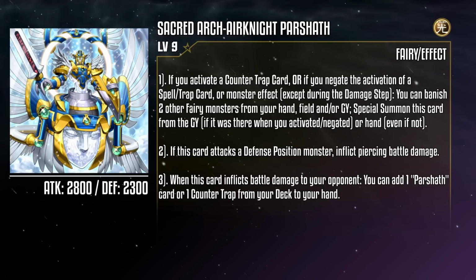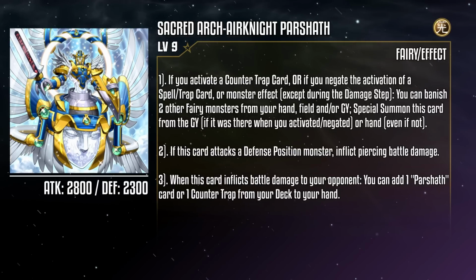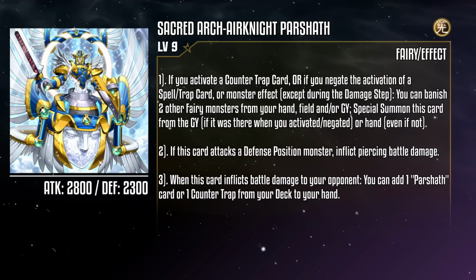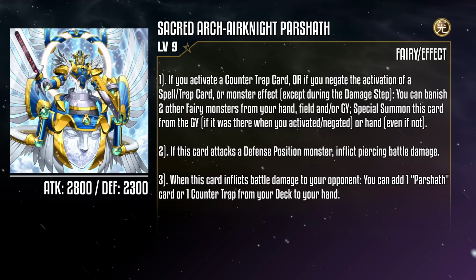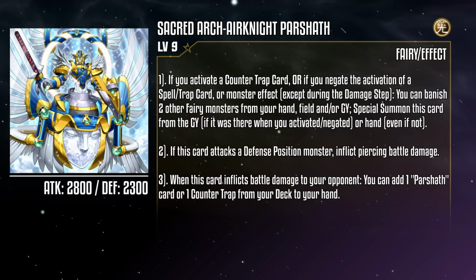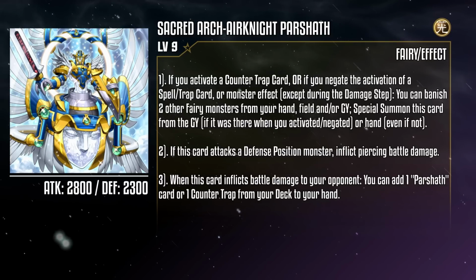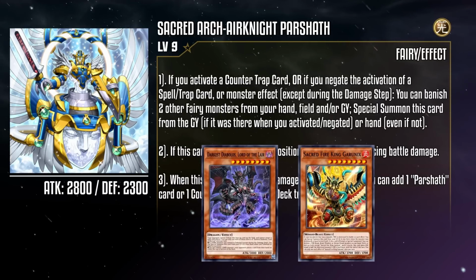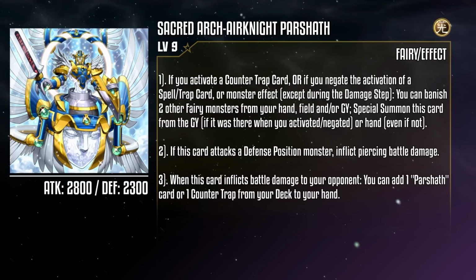Now, the main problem is that you have to pay the fairy banishing cost, and sadly, fairies aren't the strongest type when it comes to loading up the grave, which sadly means you may be spending real cards from your hand or field to pay for the special summon. More modern versions of these kinds of monsters, like Darkest Diablos and Sacred Fire King Garunix, would just special summon themselves without any further hurdles, so Arch Air Knight is a bit unwieldy,